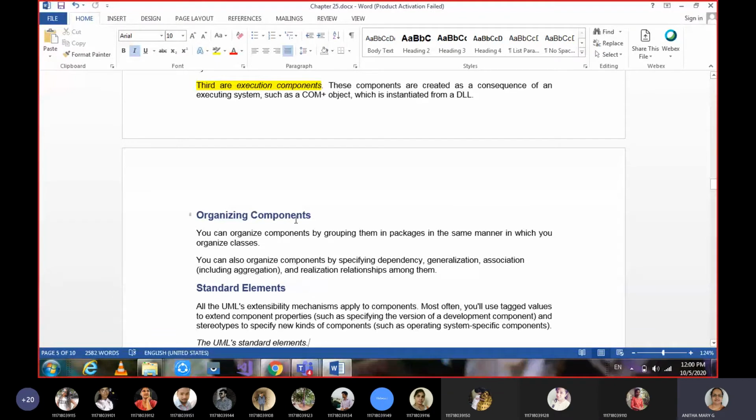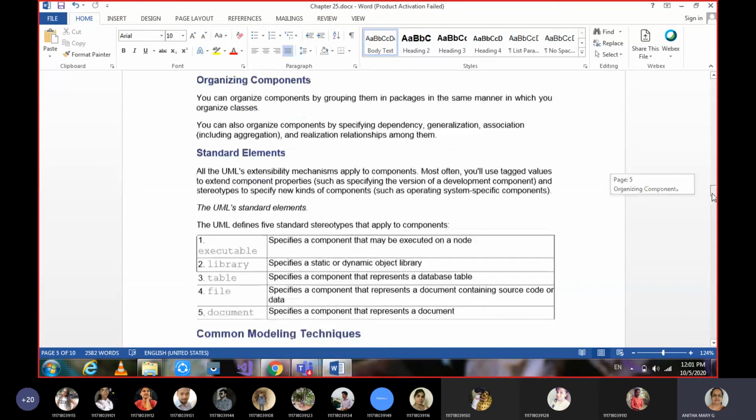With more than one component, how they depend on each other and how they collaborate to do some task can be specified by giving the relationships that exist among them, such as aggregation and other relationships in detail. So that is organizing, or collaboration of, components.